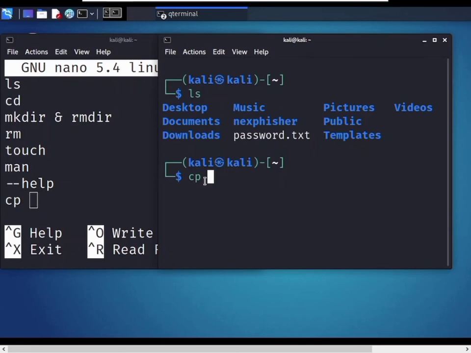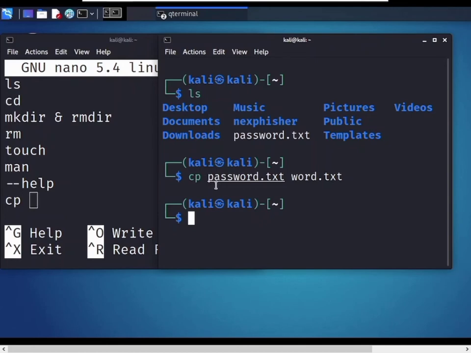Now the first argument takes the location of the file to be copied. So give password.txt, and now the second argument takes where we want to copy. So I want to copy now to word.txt.